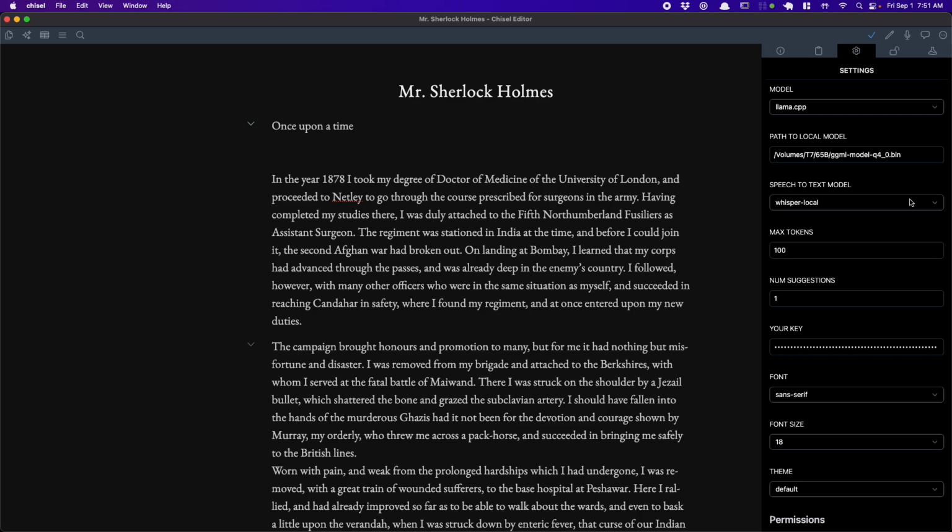I can also show you the remote one, Whisper Web. This uses the OpenAI API. I've put in my key right there. Once upon a time. So you can see it works both ways. Now, let me also show you